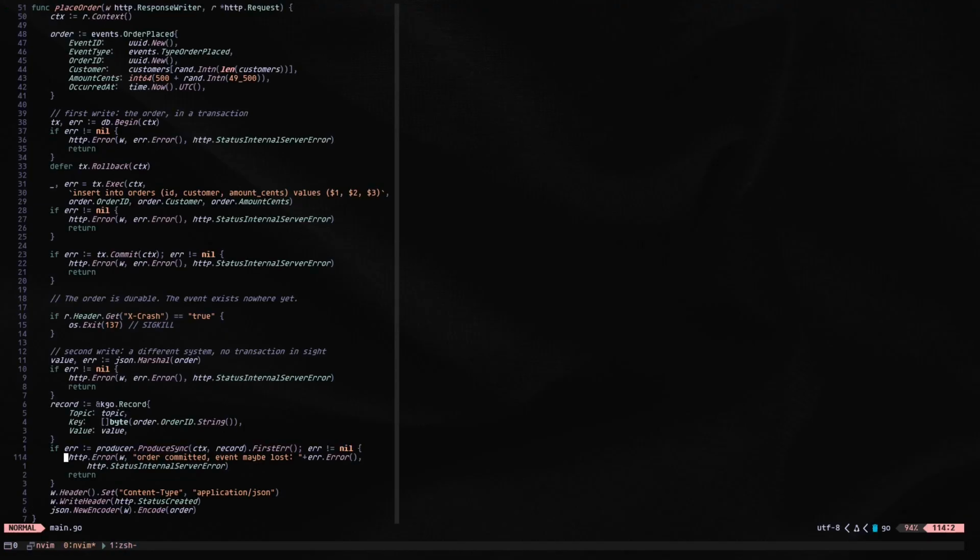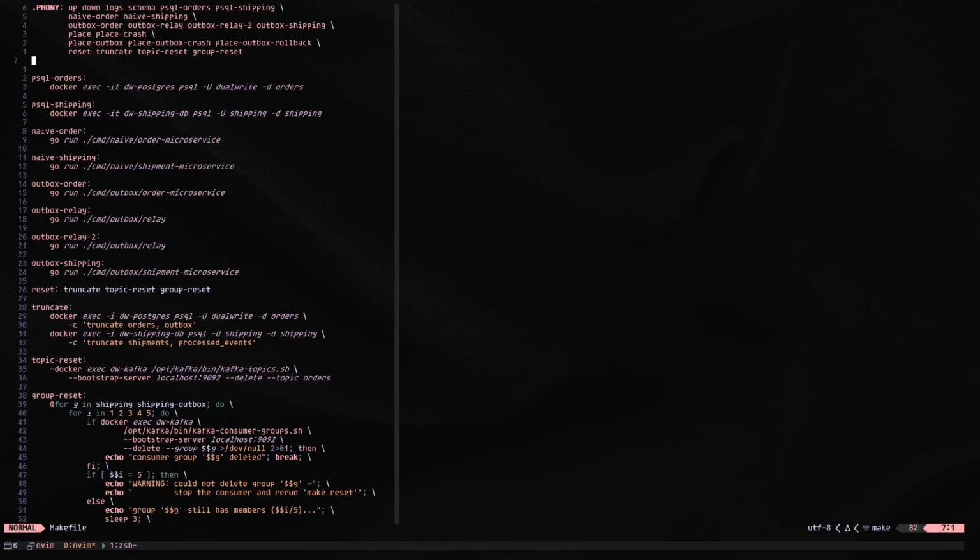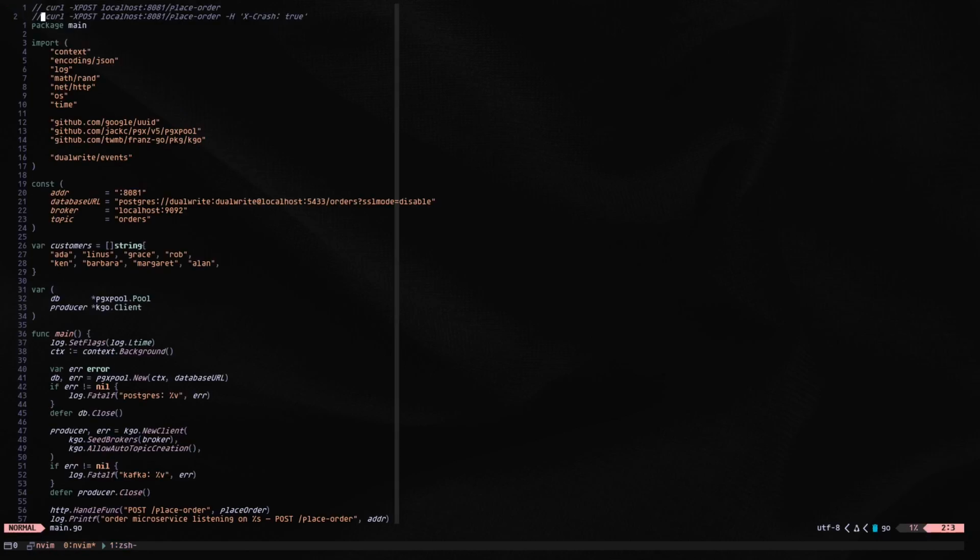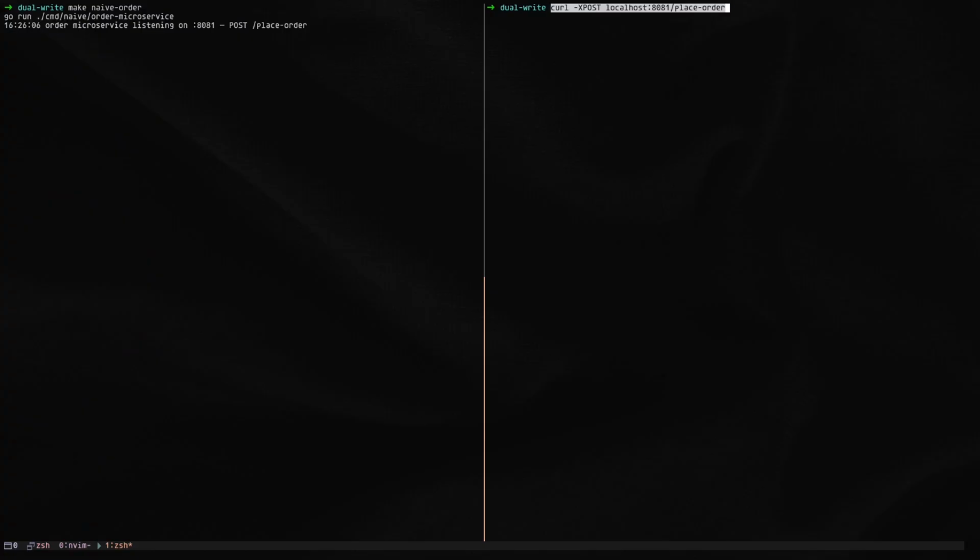So let's see this in action. First, let me go to my Makefile. Here I have commands to start this server. I have already started my supporting services, and this is the order service that I can start with this command. All right, now the order microservice is listening. What I will do is not start the shipping microservice yet. So if I send a POST request to this endpoint,